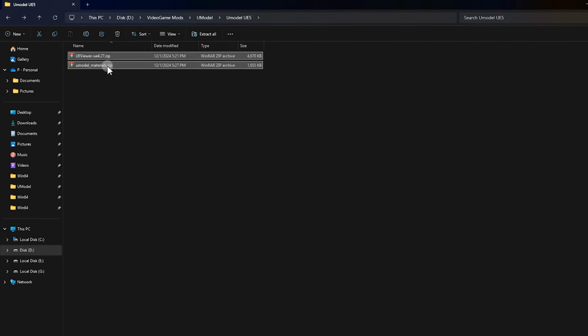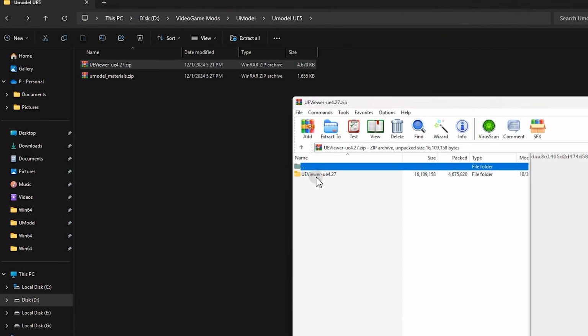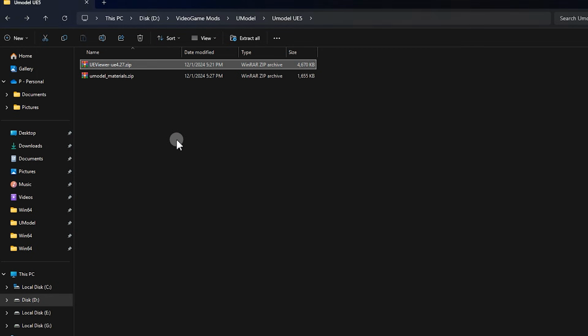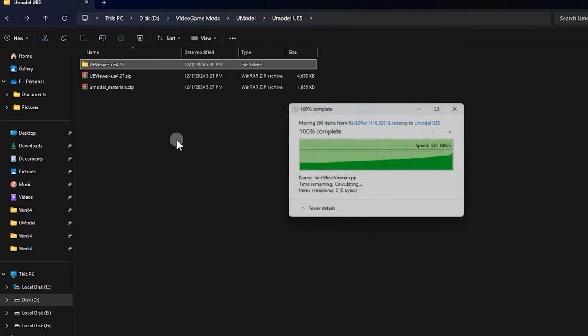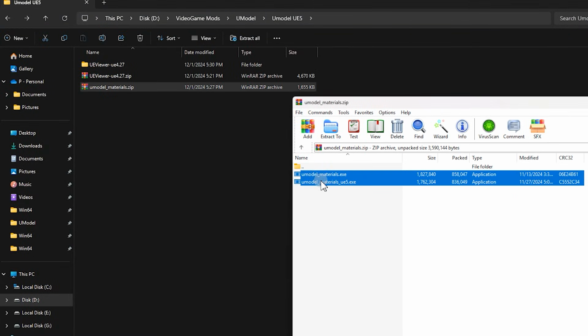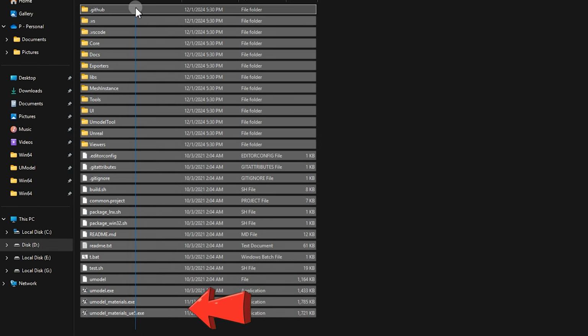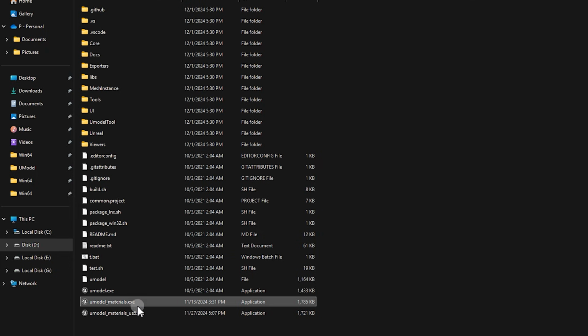These are the downloaded files. This is the UModel X file, and this contains the source code. Open them both and put them inside the same directory, inside the same folder. Make sure they are all in the same location. After that, if you open these UModel X files, UModel will open, and it's ready to select your game and